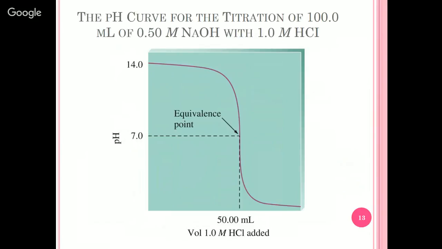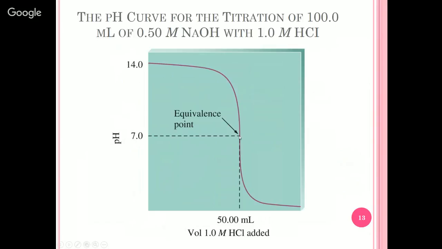So just the opposite here, we're actually starting with our base in our flask, and we have acid in our burette. So when we do that, we're starting with a basic solution, pH of 14. As we titrate, we see a small change in the pH with addition of our acid, and then we see this huge change. We hit our equivalence point at a pH of 7, and then we drop off significantly, because